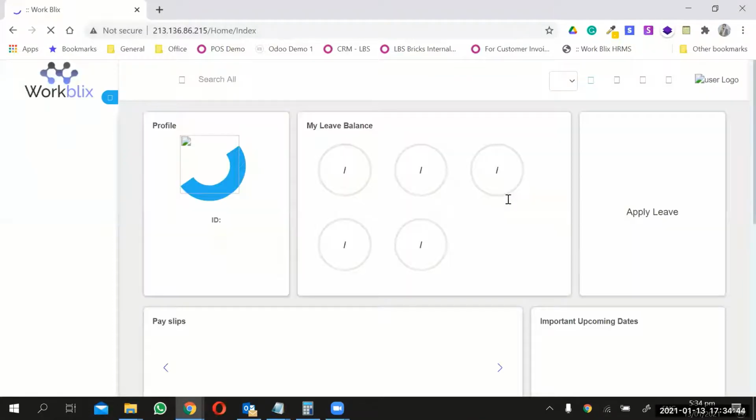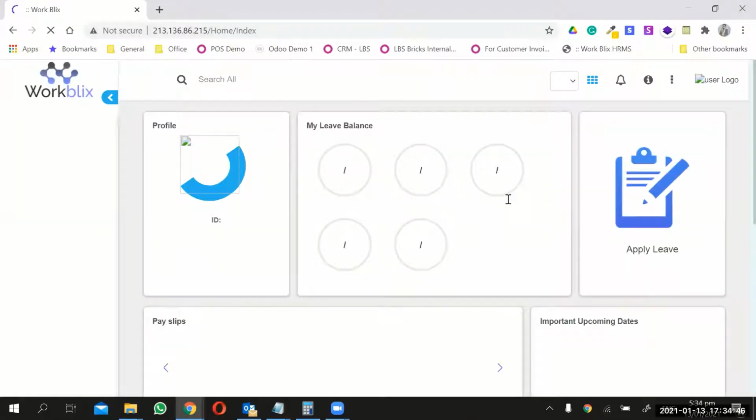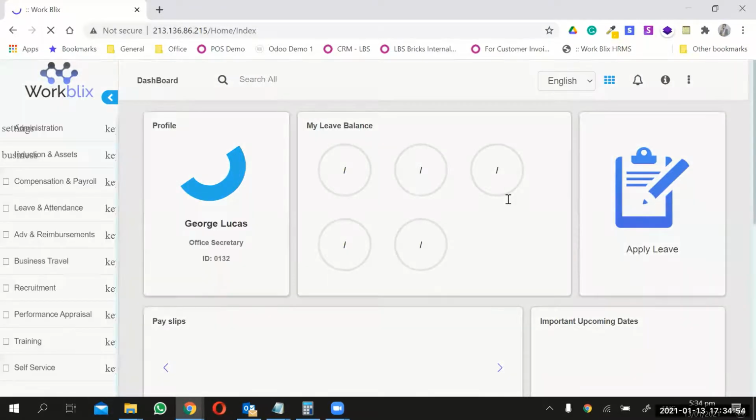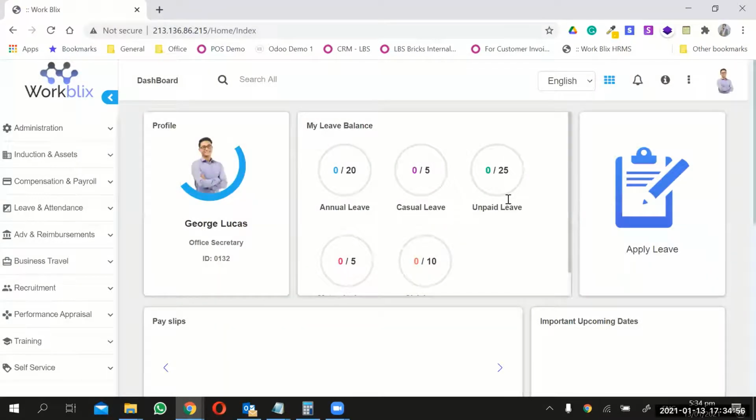This application comes with 10 different modules, and each module has its own functionalities, and we can configure it on the client side as per the features needed by the client. The first thing we do is the gap analysis of HR business processes. Let me explain a little bit.